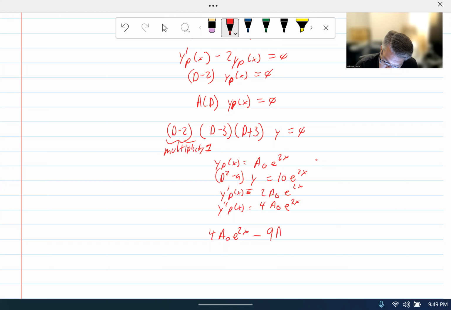Yp is a naught e to the 2x. So this was the second derivative minus just 9y